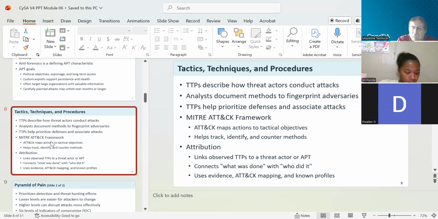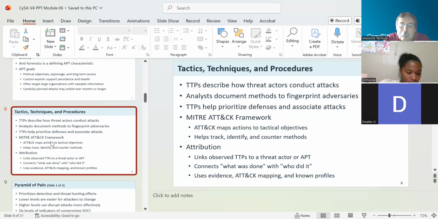Whatever type of attacks, they say this is the way you should be putting in the security controls. It helps track, identify, and counter methods. It's a great help for us security analysts to frequent that site every time we have to be diligent on our network, knowing what current